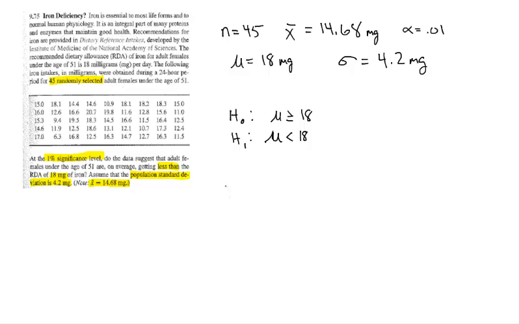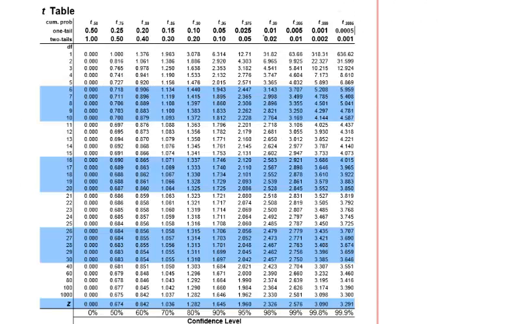The second thing we need to find is our critical value. So in this case, because sigma is known, we're using a z-test. So z crit is equal to. In order to find z crit, we could use our z-table, and we could also use our t-table, so it's a matter of preference. Now, I personally like to use the t-table, and I like to go to, we're doing one tail, so you can see the one tail, and we have a 0.01 significance level. And then if you go all the way down to the bottom where it says z, and some charts will say infinity, this is our z crit. So it's